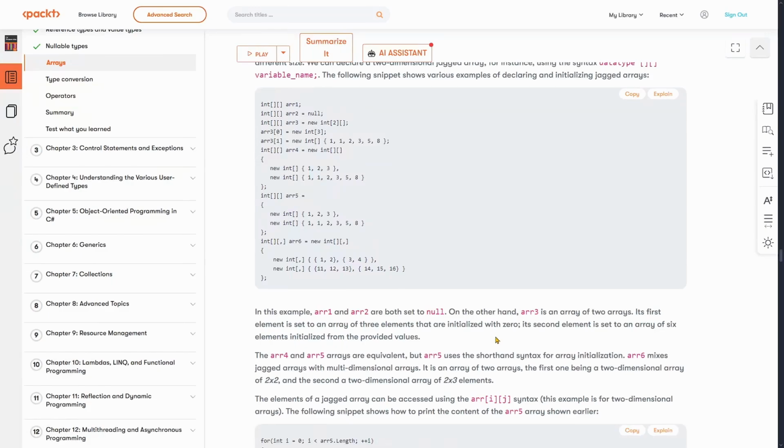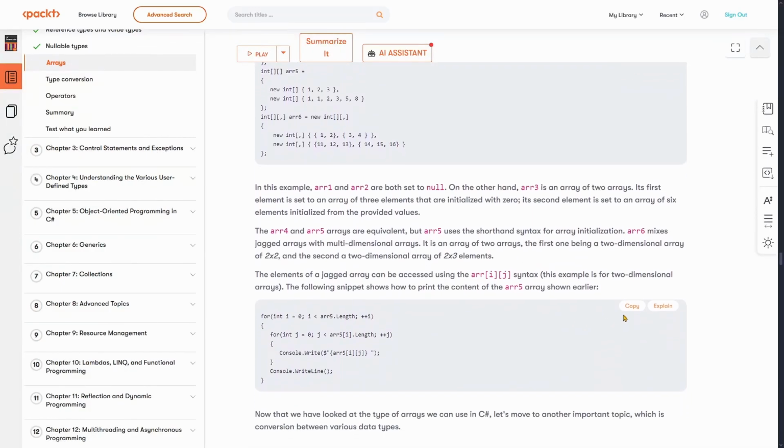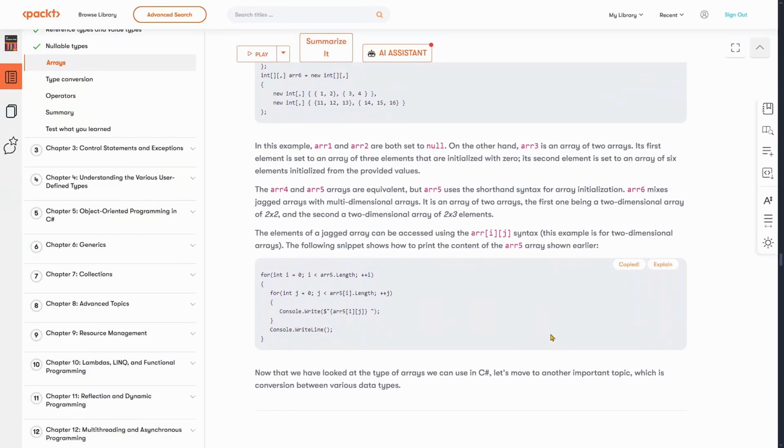The elements of a jagged array can be accessed using the array[i][j] syntax. This example is for 2-dimensional arrays. The following snippet shows how to print the content of array5 and array6 shown earlier. Okay, let me first